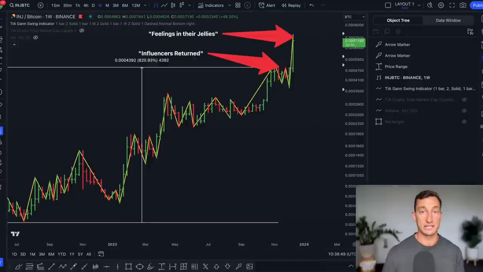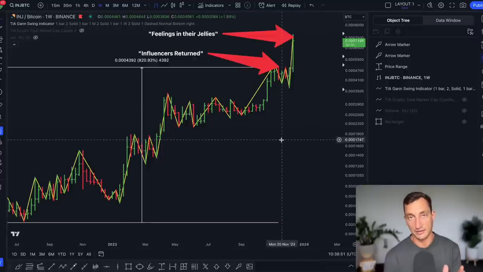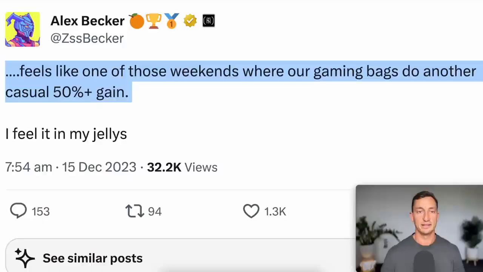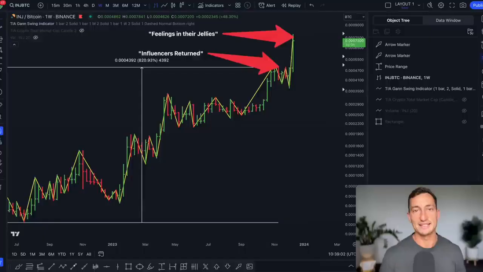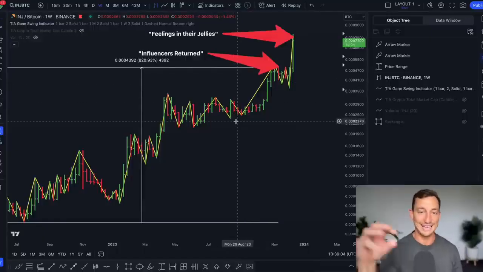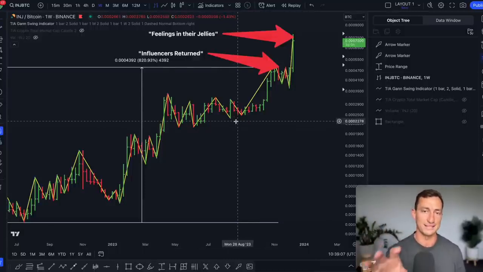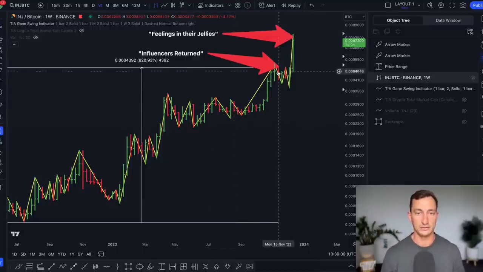And I want to show you another example on Solana as well to look out for this, so that you can hopefully take some of those profits home and not get swept up into the hype of all of the feel goodness that we see across on Twitter when these things start to run. And they know how to get in at those peaks. So this is just my market sentiment read on what's happening.